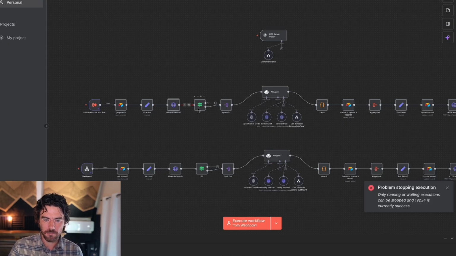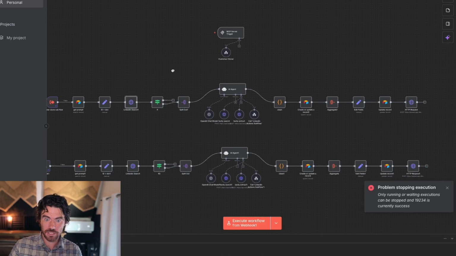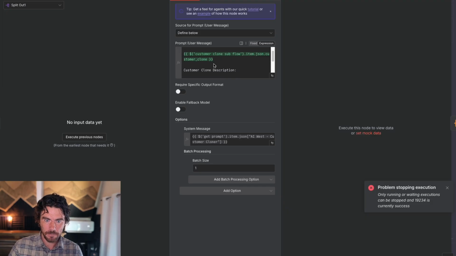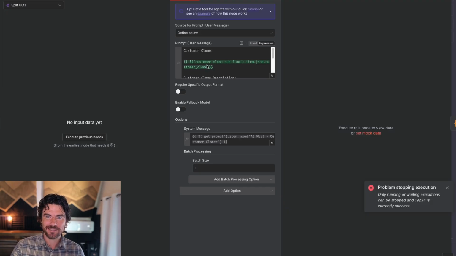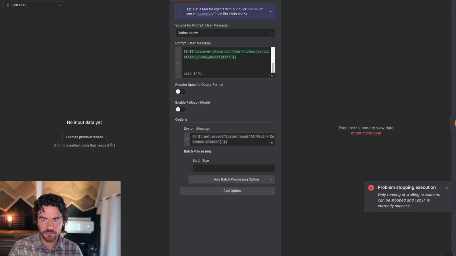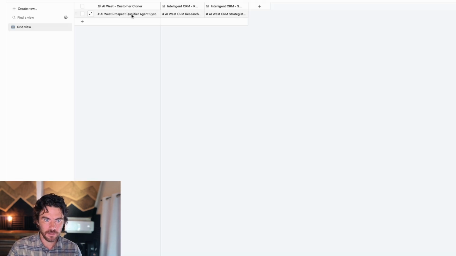From there, it's going to pull out the first 10 results of that search, just the first page, and it's going to actually send those here to my AI agent. And the agent is essentially getting that customer clone definition, the description, and then the system message, which I have here in Airtable,